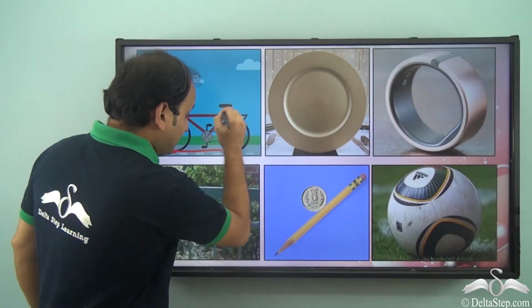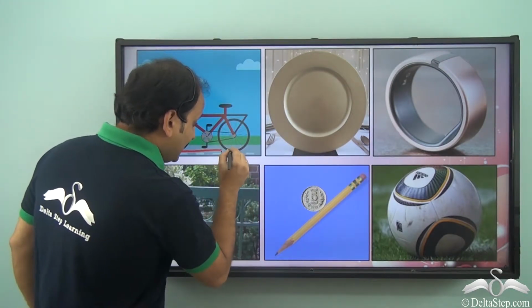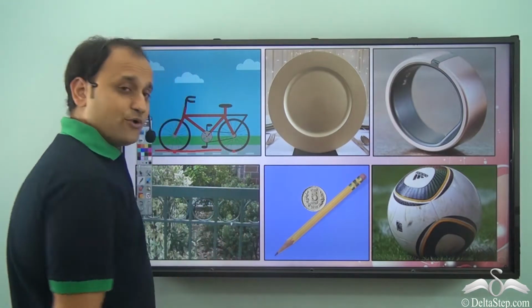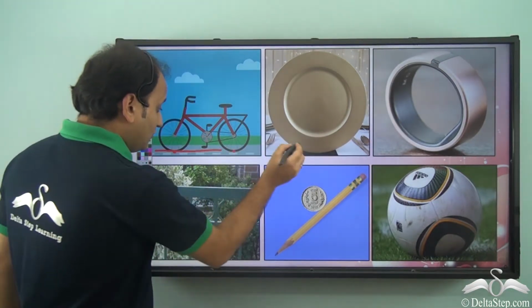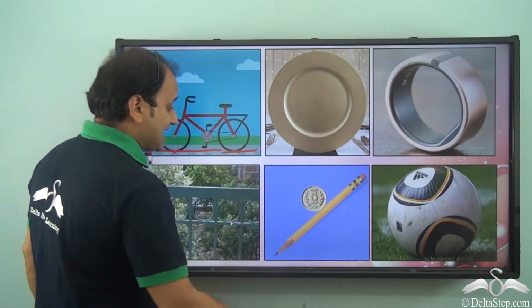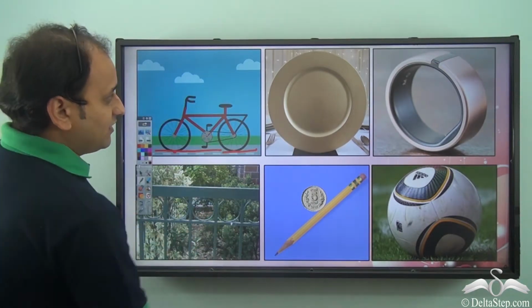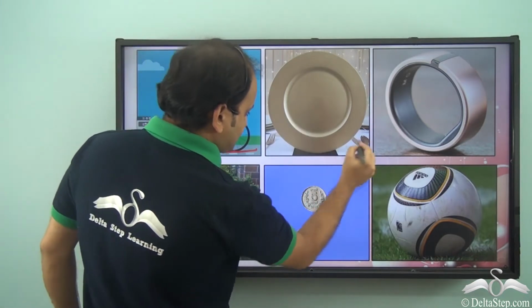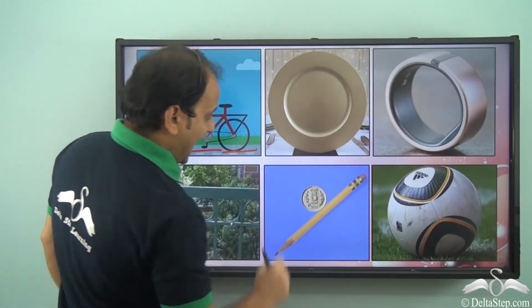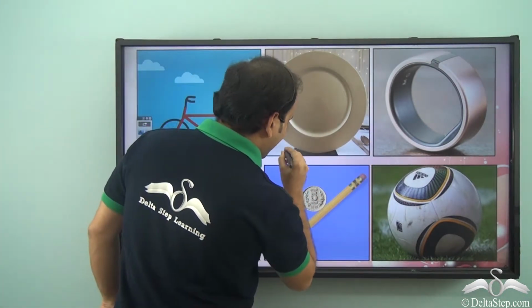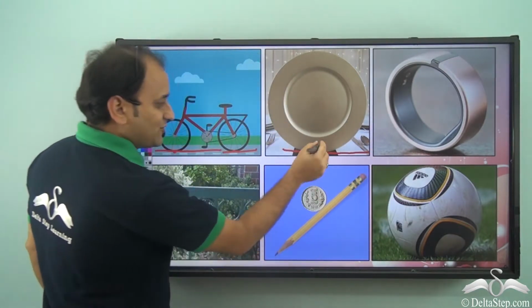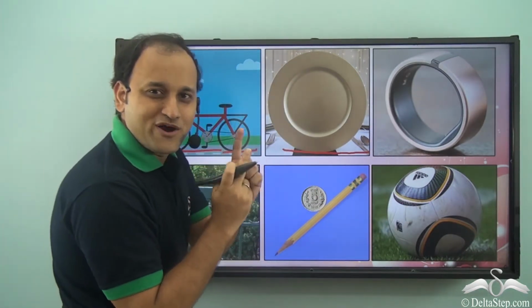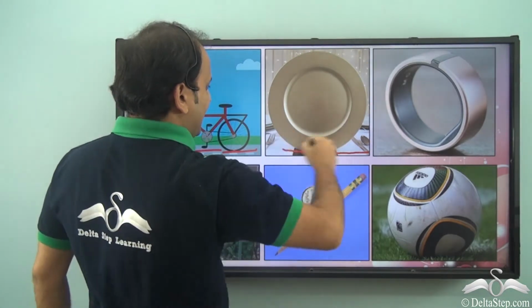So this road here, we can say, is acting as a tangent to this particular wheel. Similarly, even in the case of this wheel, this is the point of contact. So this road again is acting like a tangent. Similarly, here we have a plate which is kept on this particular stand, and this stand again is acting as a tangent, because what do you see? There is just one point of contact. So again we have tangent here.